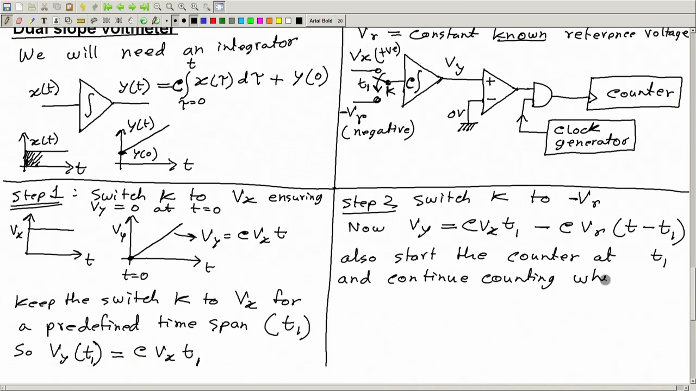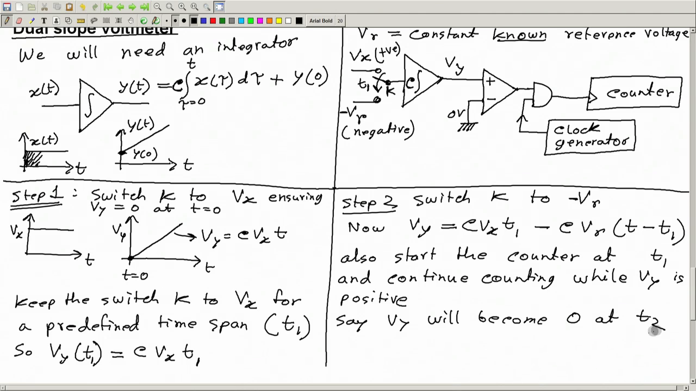while Vy is positive. So Vy was positive initially at t1, and then it is decreasing, and so if it is decreasing, at some moment it will come to 0. So when will it come to 0? So say Vy will become 0